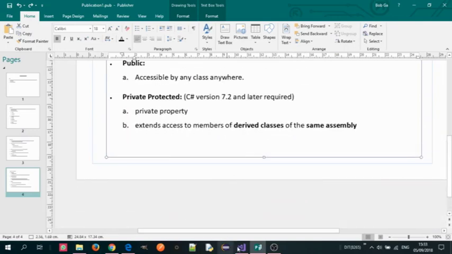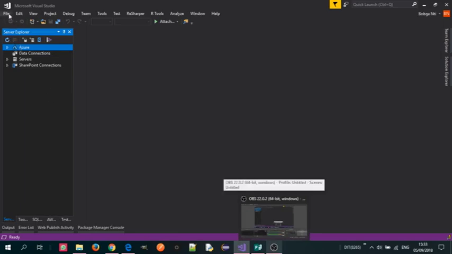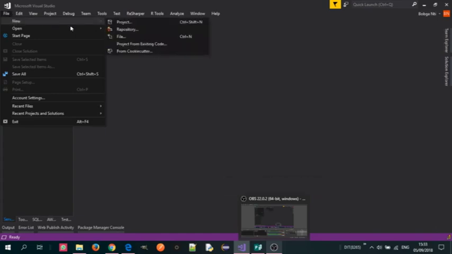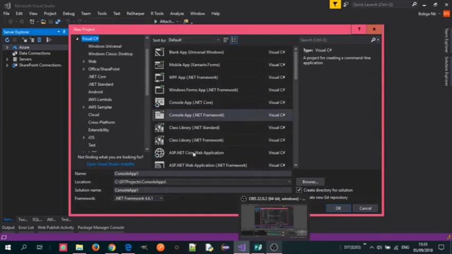Alright, let's dive into Visual Studio and see how we can implement these scopes and verify how far these access modifiers allow access. Now let's create a project, a console application. File, new project. Let's have console application checked. Let's name our application access